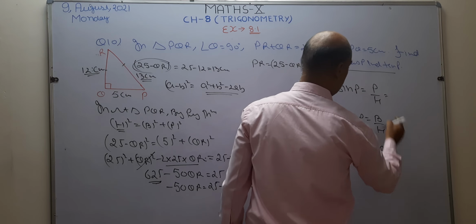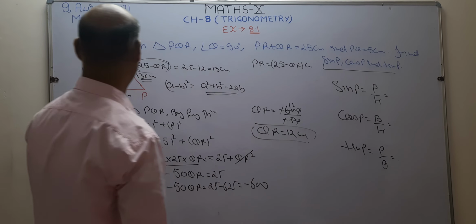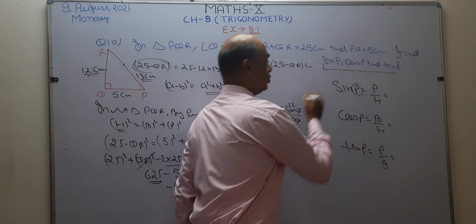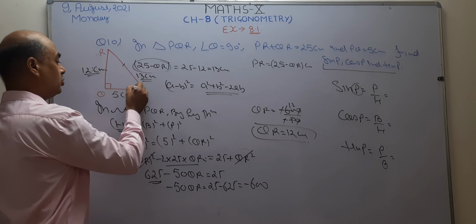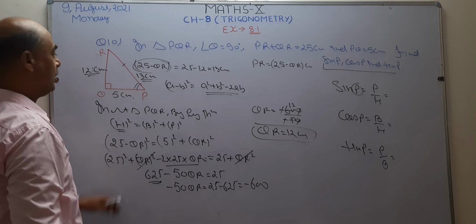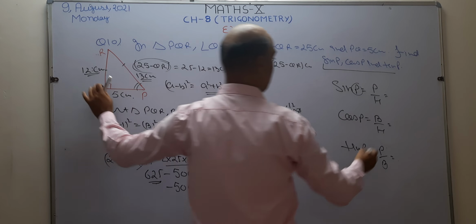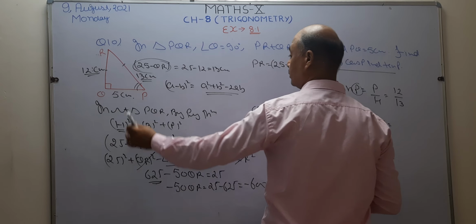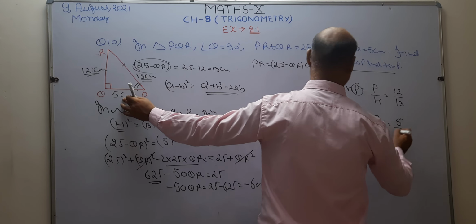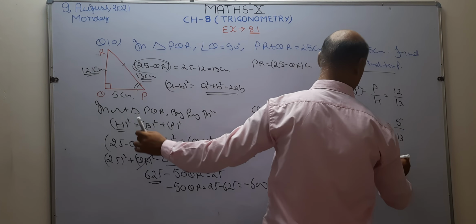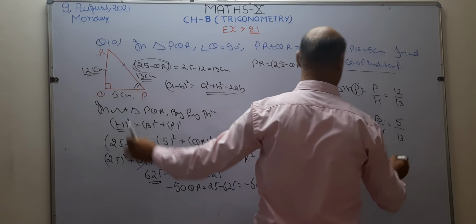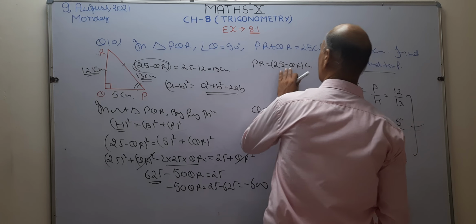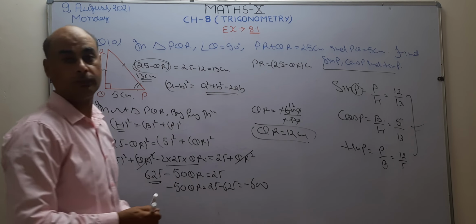Now perpendicular. What is the perpendicular? This is perpendicular because here angle P is given. So this angle P is already on its base. So this becomes base, this becomes perpendicular. Perpendicular becomes 12, so right here 12 upon 13. The value of base becomes 5 and hypotenuse is 13. Now this is P and this is B, so this becomes 12 upon 5. So this is the answer of this question. I hope it is clear now.